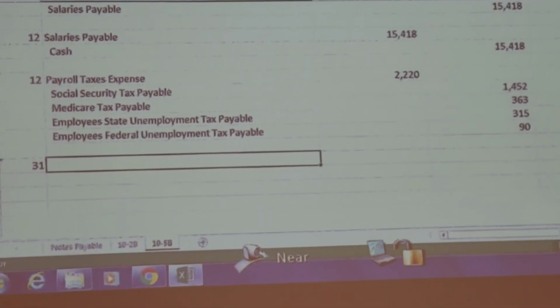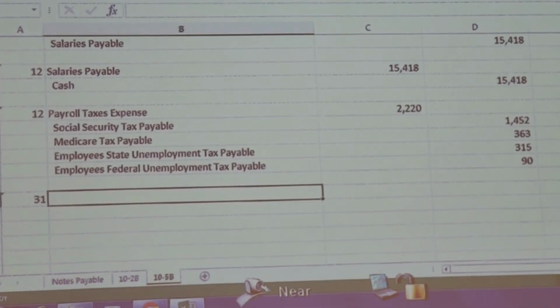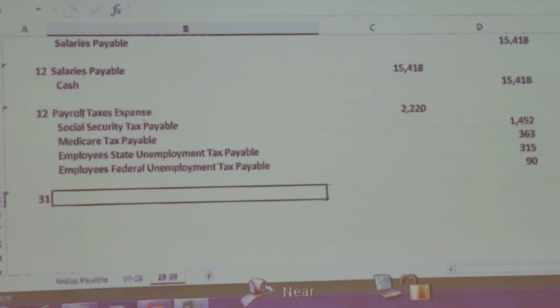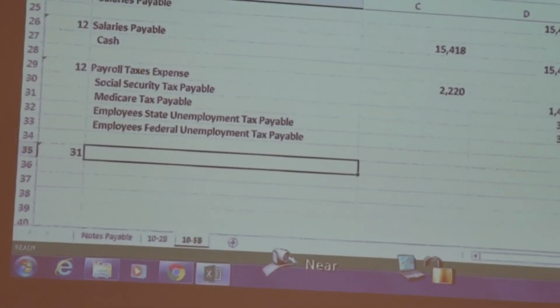But yes, your defined benefit pension plan is much better than the 401k. Because once, like I said, once your money out of your 401k is gone, then that's it. And a lot of people nowadays, they have both. They have 401k and they have pension plan. And that's these